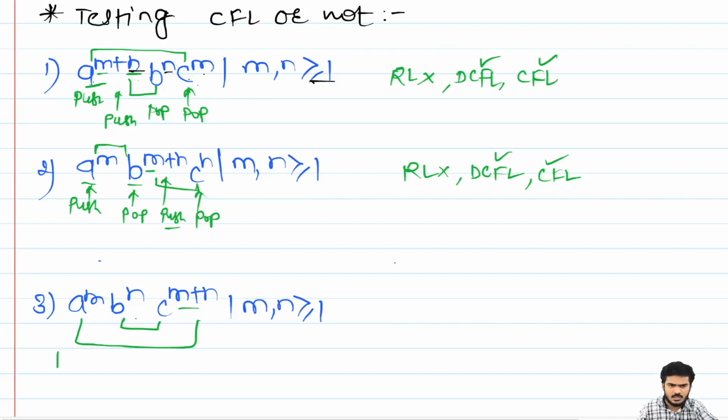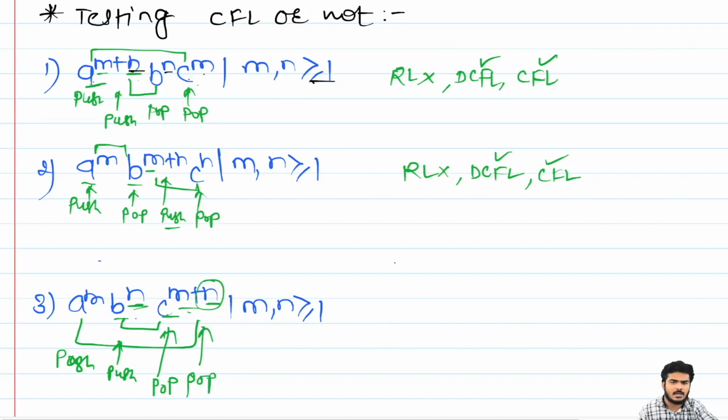So whenever a occurs, we will push those a's into the stack, and whenever b occurs, again we will push those b's into the stack. Whenever c starts to occur, by using these n number of c's, we will pop these number of b's. Okay, so by using c raised to power n, we will pop b's. Similarly, the remaining are c raised to power m, so by using that c raised to power m, we will pop